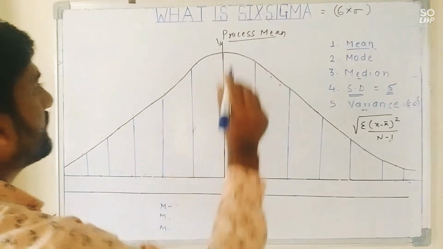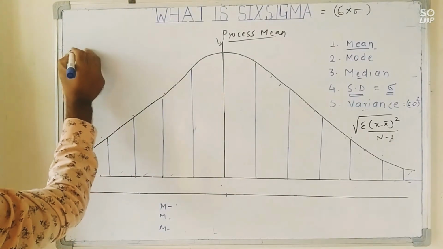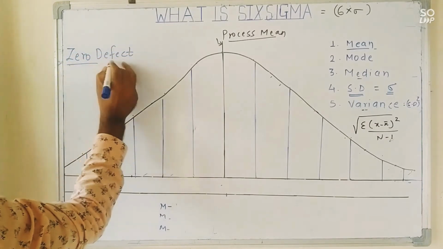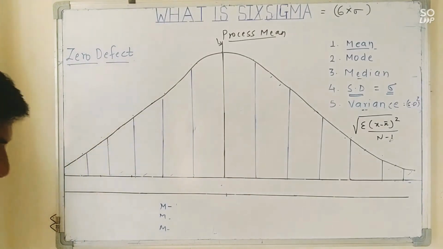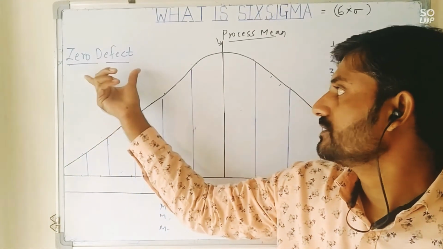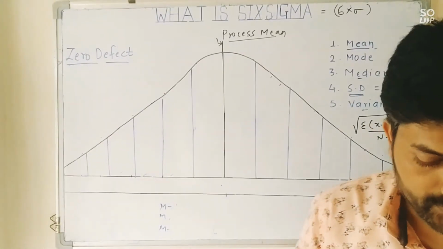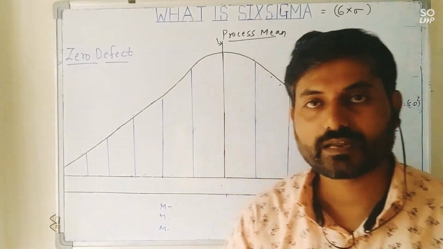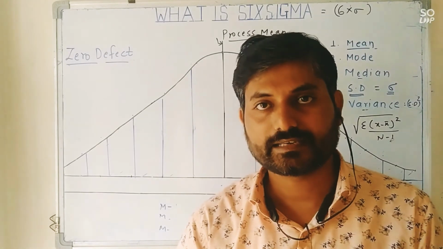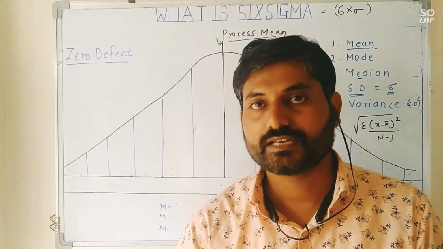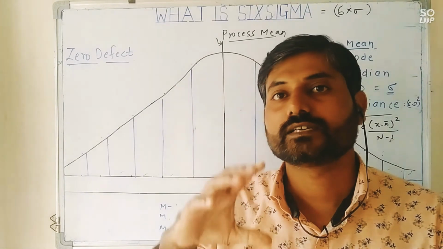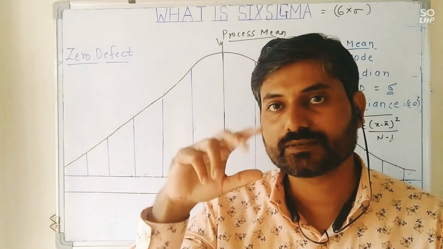Before going to standard deviation, I would like to tell you one thing, that is zero defect. This is a tool which is used in industry. Most of the time, if you visit any industry, you will find the zero defect tagline. Zero defect means what? No defects, right? If we are manufacturing 10 components and all components get accepted, that means there are no defects, and the productivity of that process is 100%, quality is 100%.